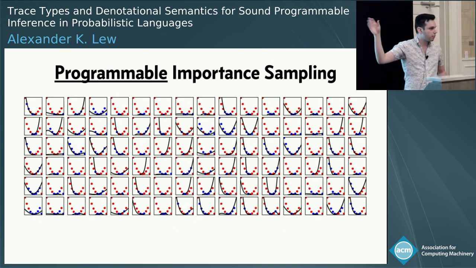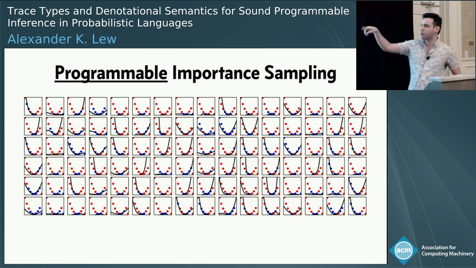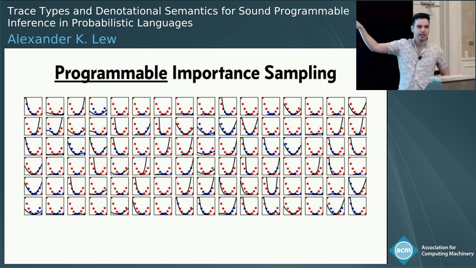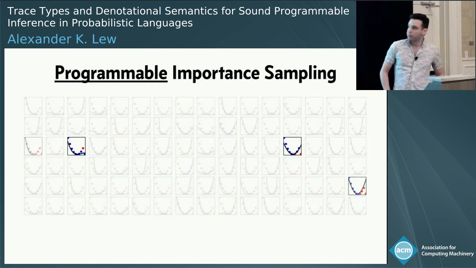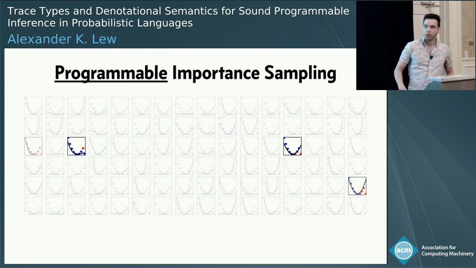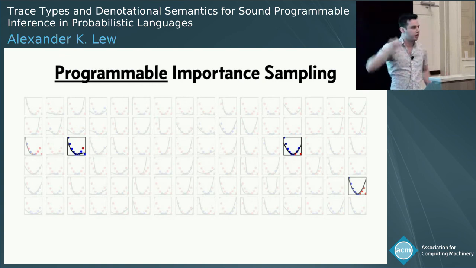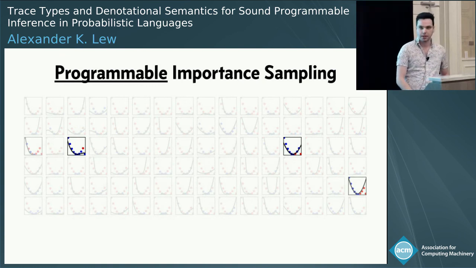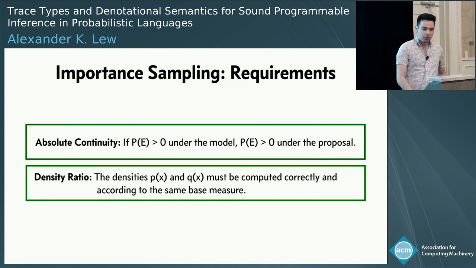So we're going to see a lot more higher degree polynomials and also a lot more red here, because what our new proposal distribution is doing is after it samples a curve, it's intelligently assigning the outlier classifications, right? And now when we do our importance weighting, we actually have gotten a few relatively good explanations here. Okay? So what are the requirements that have to be satisfied when using this programmable inference feature?